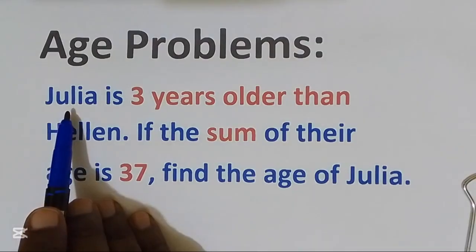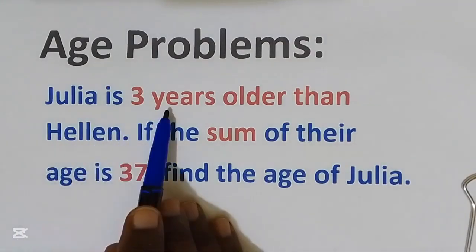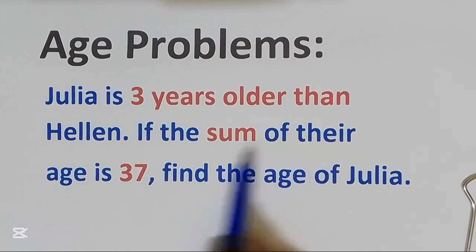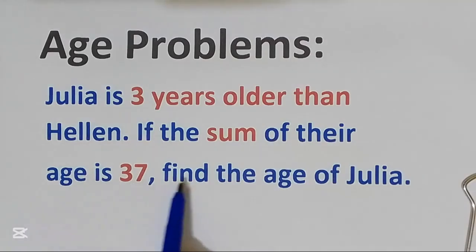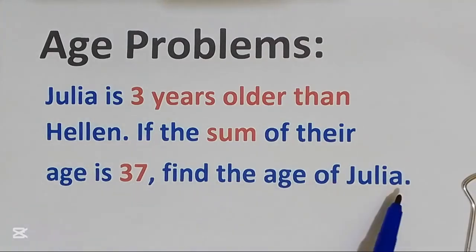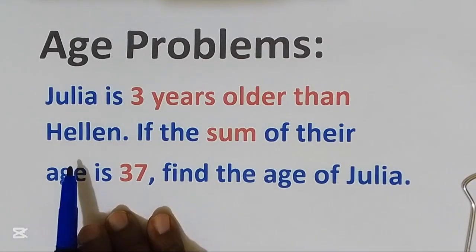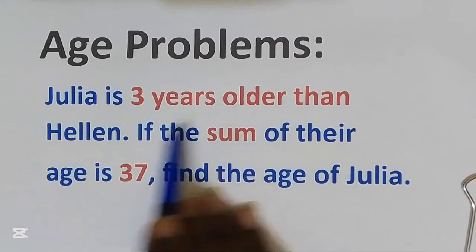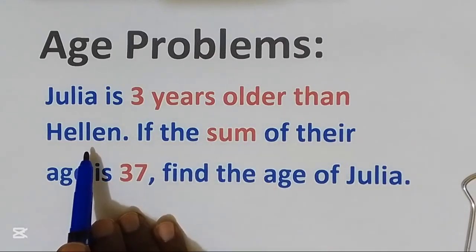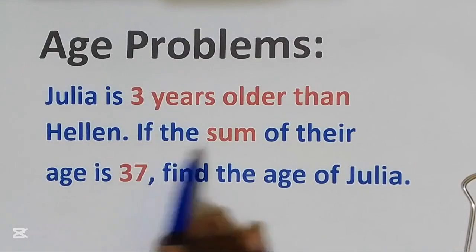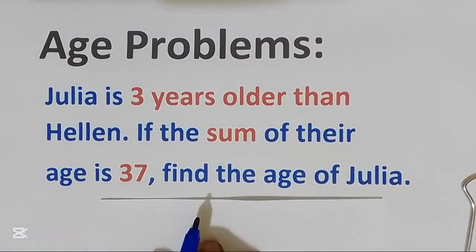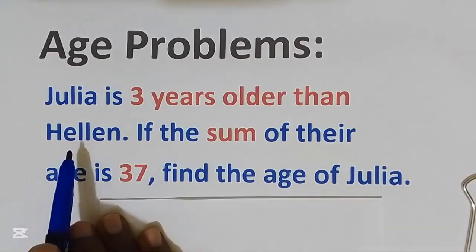The question says, Julia is 3 years older than Helen. If the sum of their age is 37, find the age of Julia. As we can see from our question, Julia is older and Helen is young, but we know the sum of their age is 37. First of all, I'm going to let the age of the young one, that is Helen,